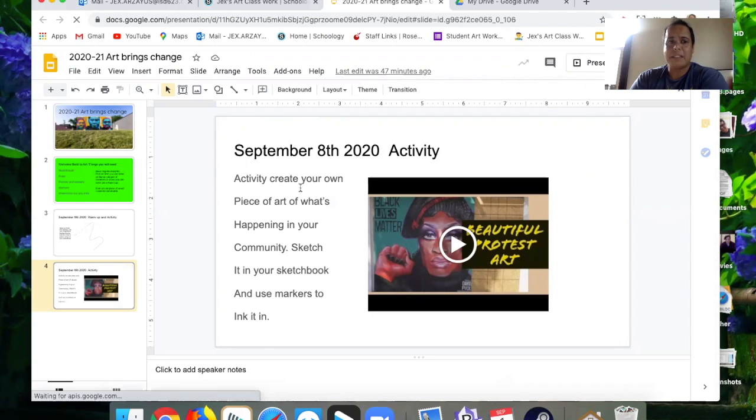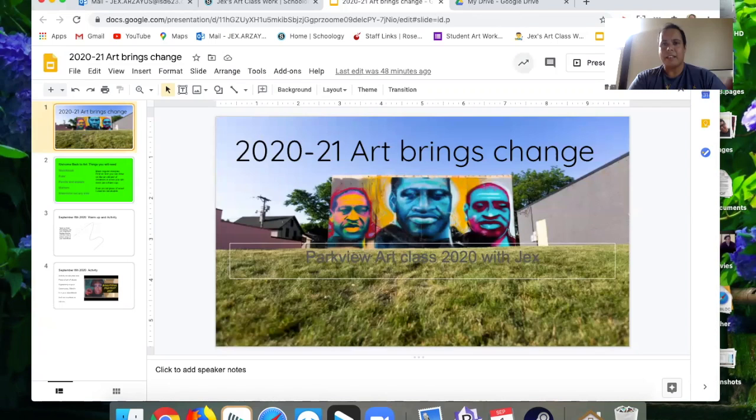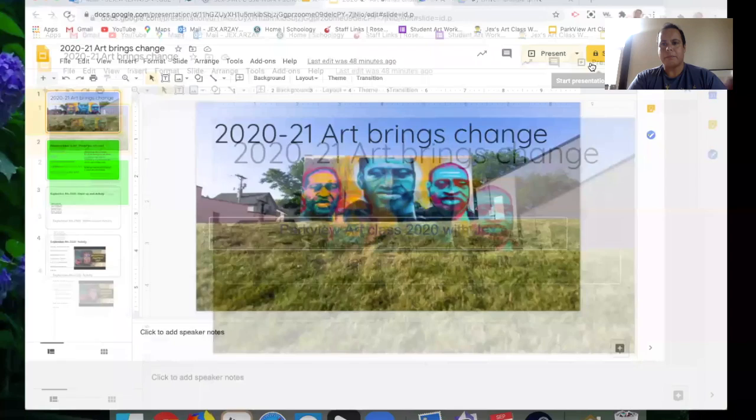So we'll be meeting together and I'll go through this just like a regular class. We'll be all together, and I'll run through this with you, but just in case you can't make the class or you miss it for some reason or you can't come during the time of your class, then you can access the material and the work. So this year, we have our first slide, and let me just put it in present mode so you